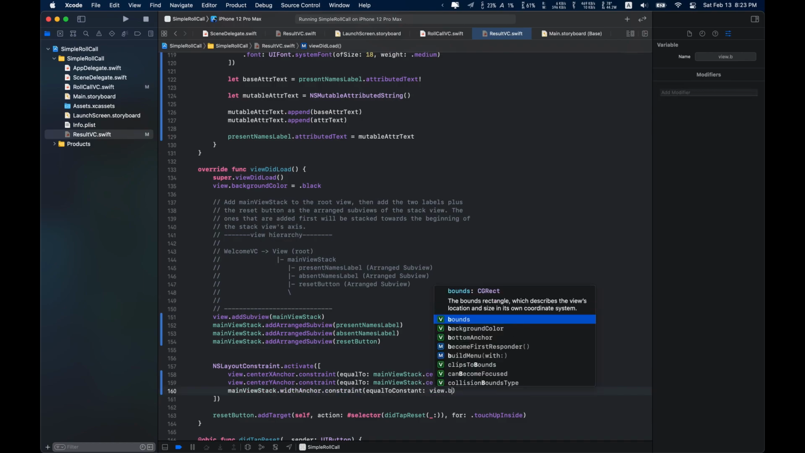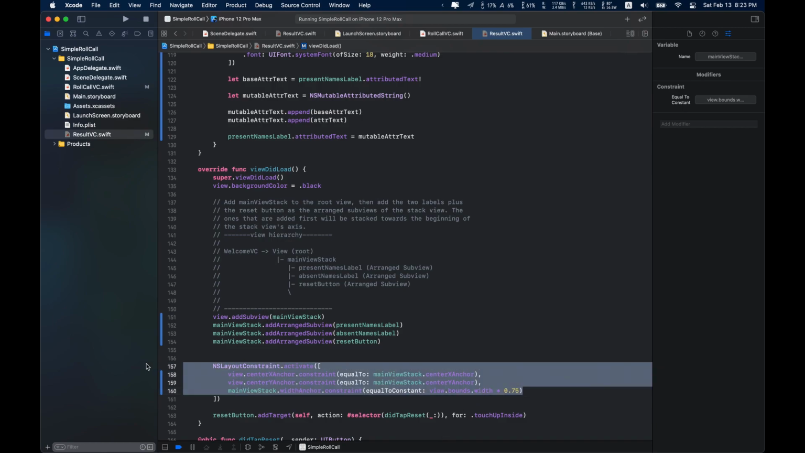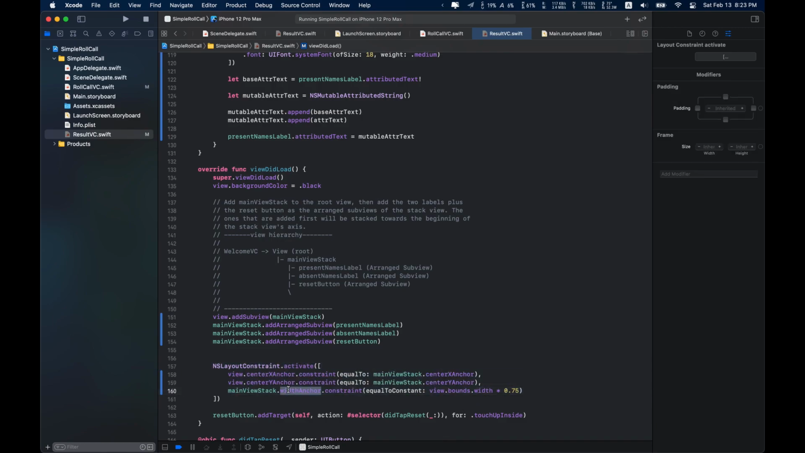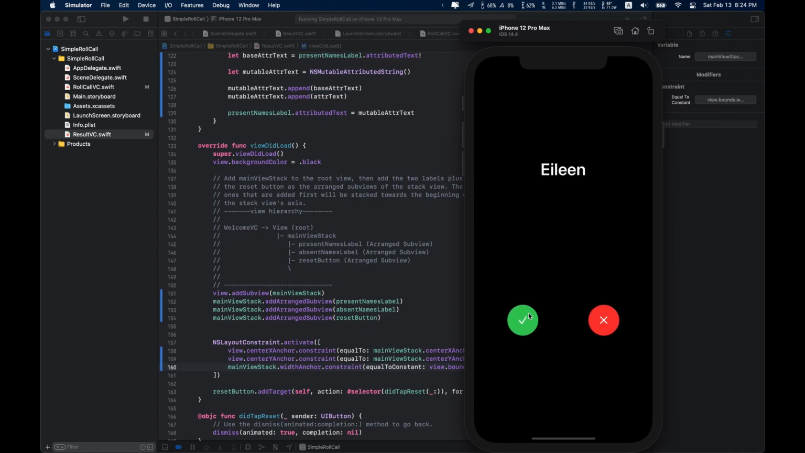So for this one, we're gonna say view.bounds.width times 0.75. I'll talk about why we can get away with not setting the height for the stack view a little bit later. Let's just see how it looks like. As well as we're going to go through the list. Right. So you see these